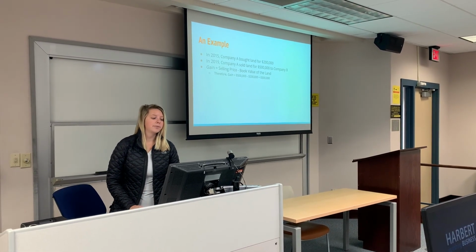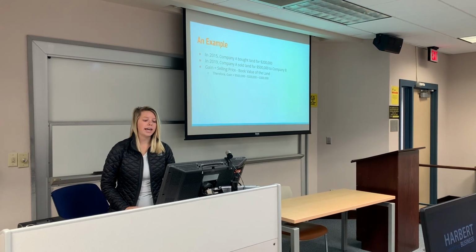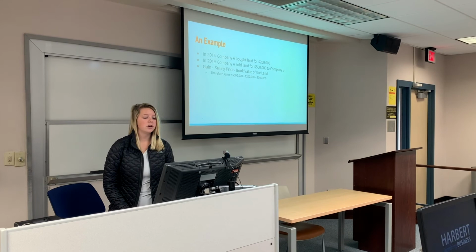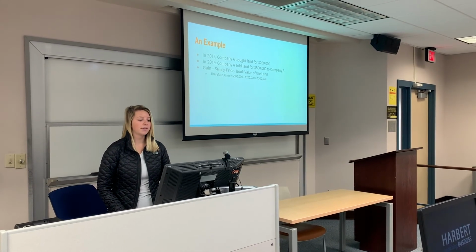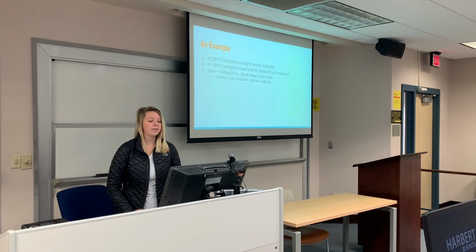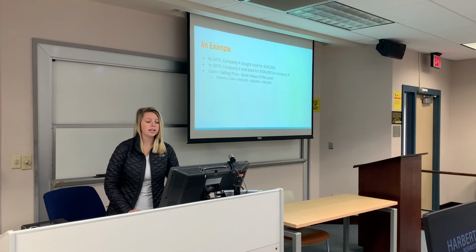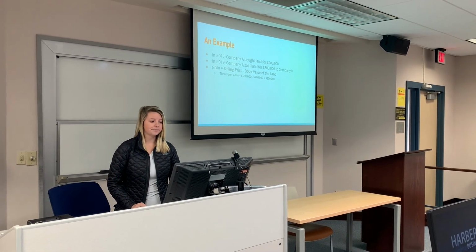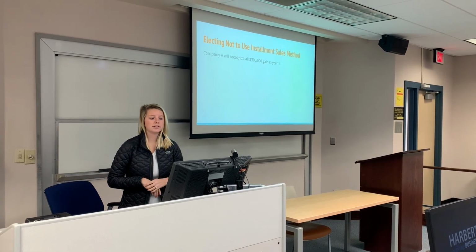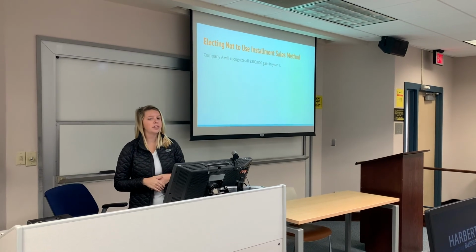Okay, so here's an example. In 2015, Company A bought land for $200,000. 4 years later, in 2019, Company A sold the land for $500,000 to Company B. The gain is the selling price minus the book value of the land. Therefore, the gain is $500,000 minus $200,000, which is $300,000. So, if Company A elected to not use the installment sales method, they would recognize all of the $300,000 gain